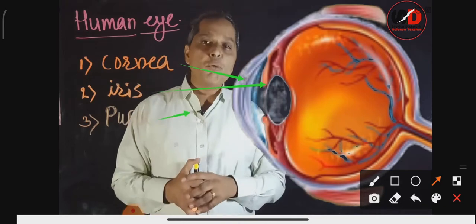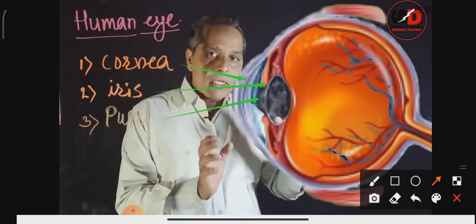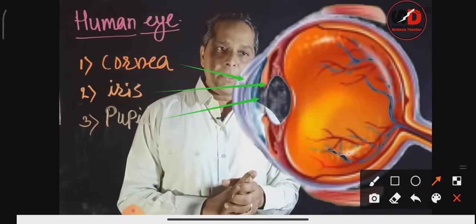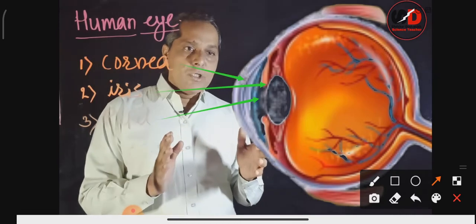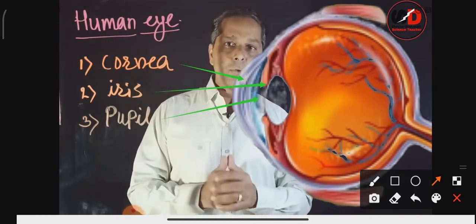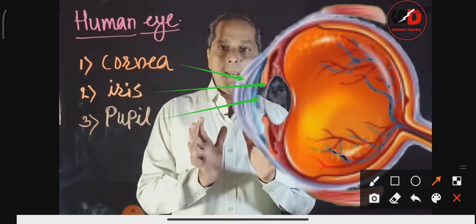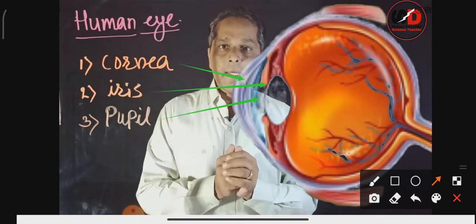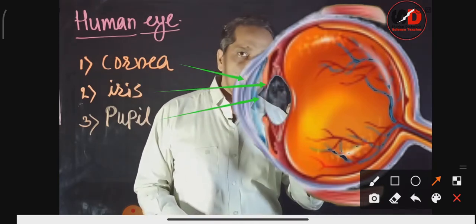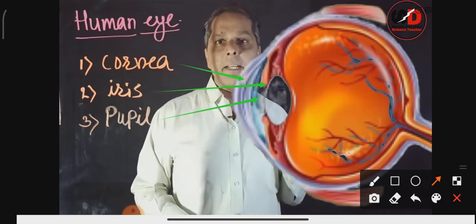Actually, what is the function of the pupil? Pupil is nothing but an opening. It allows the light to enter inside the eye. That means if you go into bright light during the afternoon, then a large amount of light falls on your eye, and the pupil contracts and allows a small amount of light to enter inside.